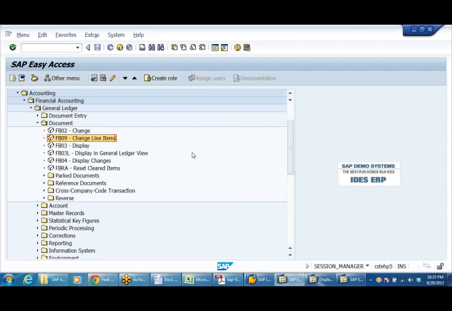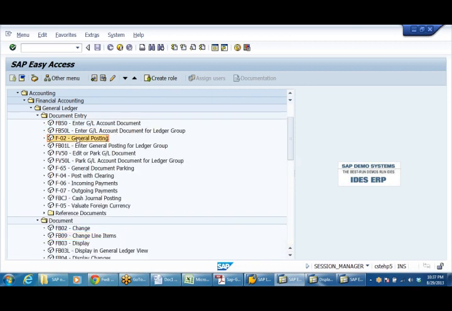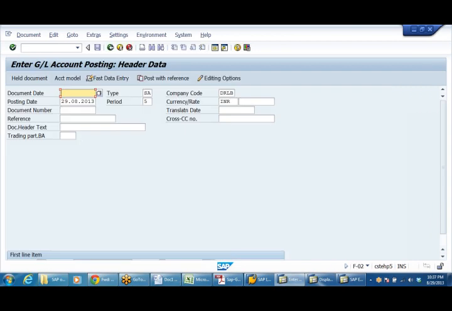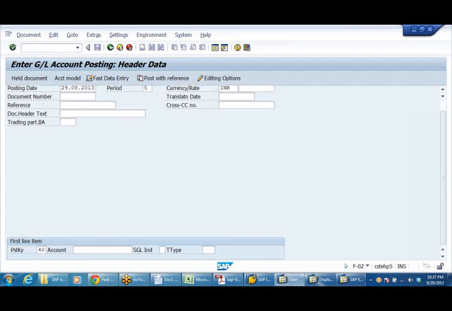And when coming to document holding, see, document holding is nothing but this: I want to post a document, in case of document entry. I'm posting a document and I want to discuss with my boss because some complications are there and my boss is not available immediately. So I don't want to keep it pending. If I'm posting in F-02, let me post one accounting entry, say for example 400303 office maintenance.